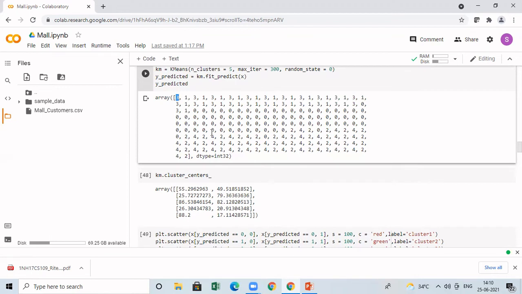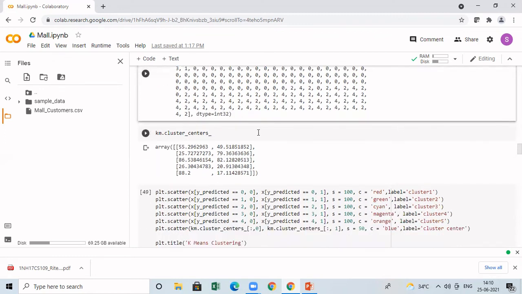But let us plot it as a graph so that we will understand easily. And before that, when you plot the graph, you need to also understand the meaning of the K-means algorithm. Here I told that the algorithm is going to work based upon the centroid. It is going to calculate the distance of the points from the centroid. So we will print along with the centroid for every cluster. To get the centroid, we have one variable called cluster_centers_. If you use this variable, you will get the centroid of all the clusters you have created. So I'm going to print it.